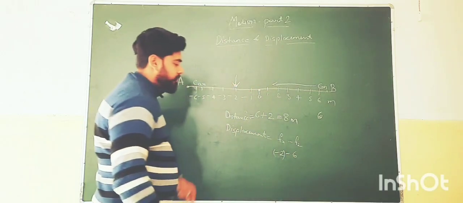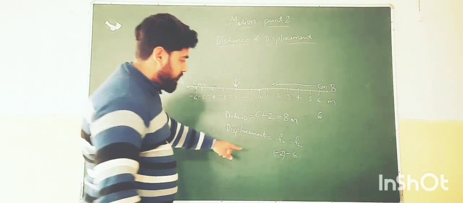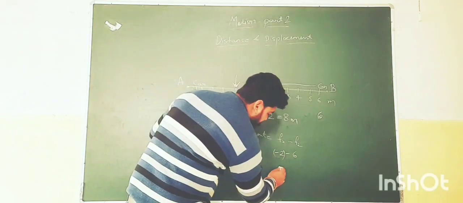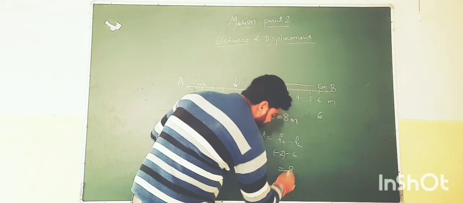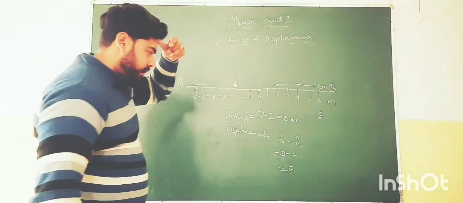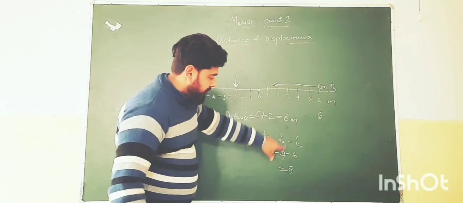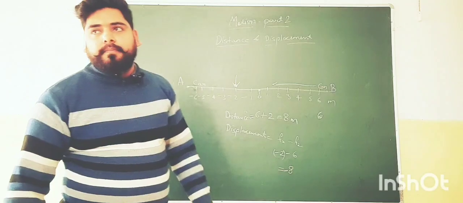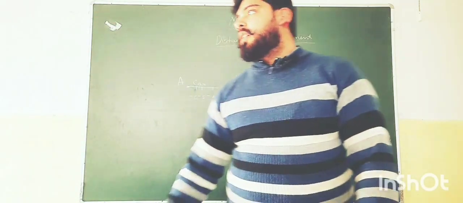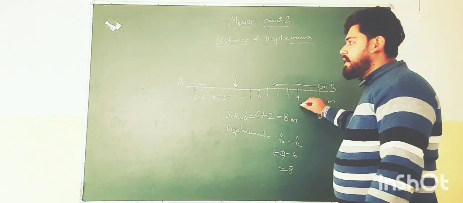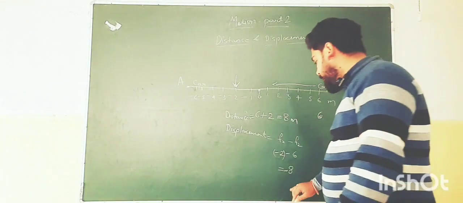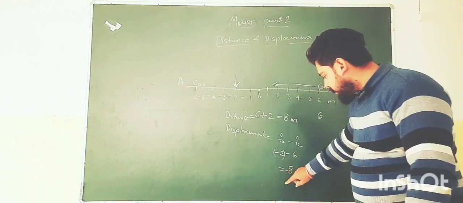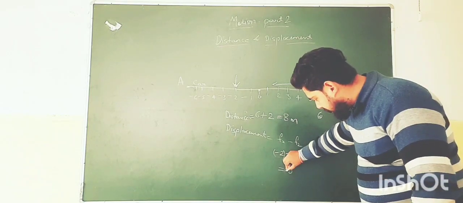This we will cover in the bracket. Now you just see beta, what will come again: minus, minus, plus, there will be 8 but with a minus sign. Here 8 is coming, the magnitude of both are same. In the straight line, the magnitude of the distance as well as displacement both are same. But you are looking that here one thing more is coming, that is the sign, minus sign.